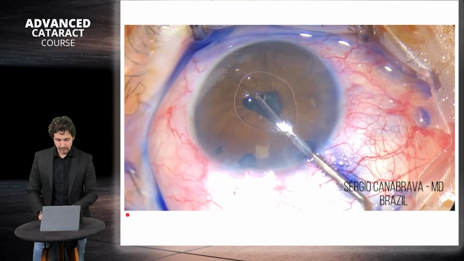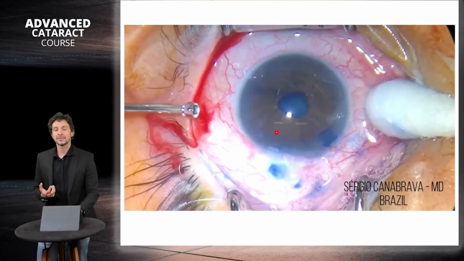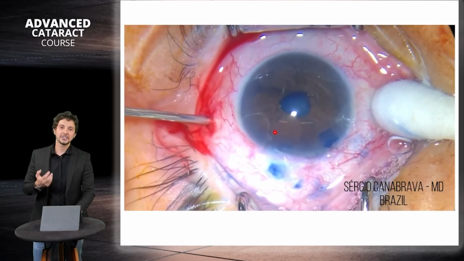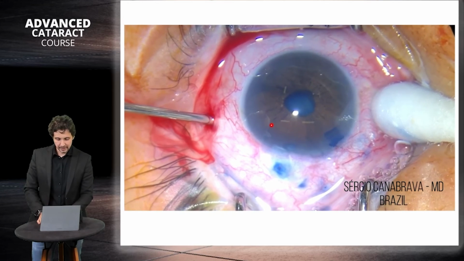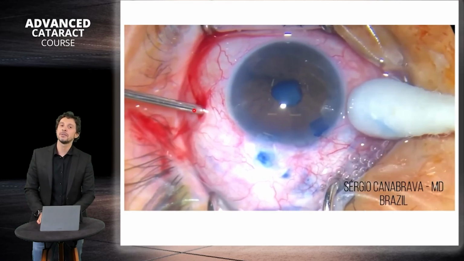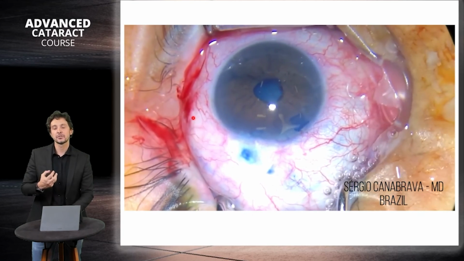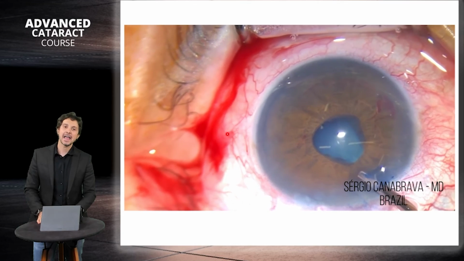Let me show you here. But it's not possible because it's a huge shallow anterior chamber. So observe, I perform an anterior vitrectomy, bypass plan, to remove the anterior vitreous,